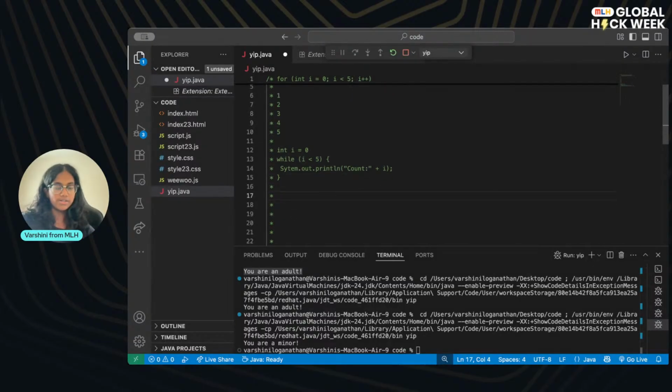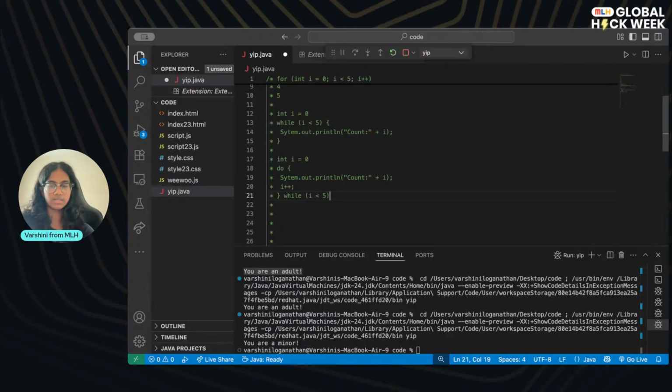Finally, we've got our do while loops, and we're going to set int i equal to 0, just like we've been doing, and this is a do loop. So our do loops are very similar to our while loops. Basically, we've got while. So they're structured a little bit differently, but they do basically the same thing. So we've got our do loop. This is what you're going to do. And then this is the close bracket. So it's like this is the do part, and this is while.